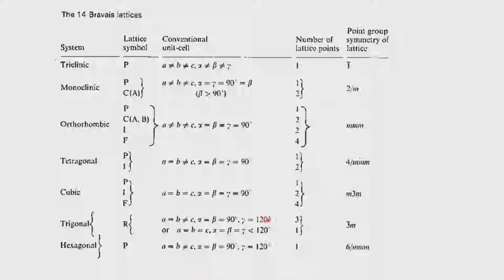So, one other little point, which in fact was mentioned to me by one of my students while I was winding up the discussion on this table, is the fact that in trigonal we represent it as R, which is the rhombohedral lattice, and then we write A equals B equals C, and alpha, beta, gamma are equal to each other. Of course, obviously we can't make a 3-dimensional closed object if any of these angles are greater than 120 in such a situation. So, this has to be less than 120.